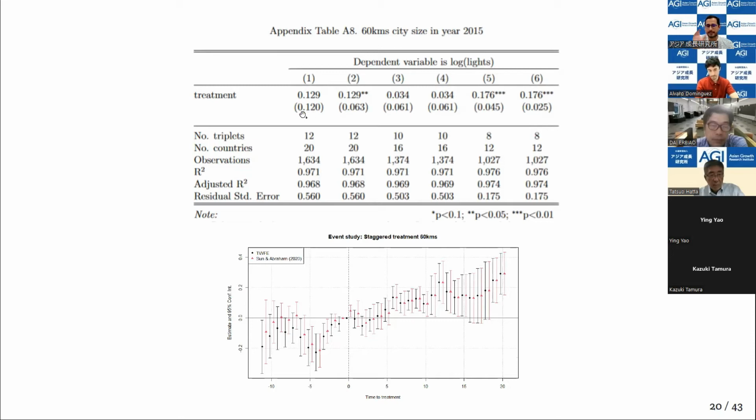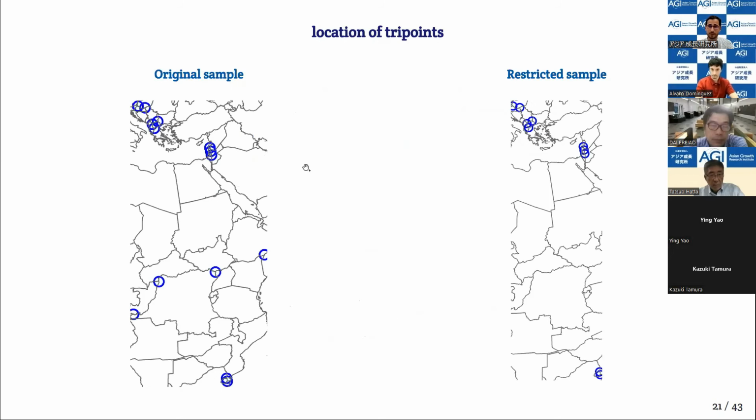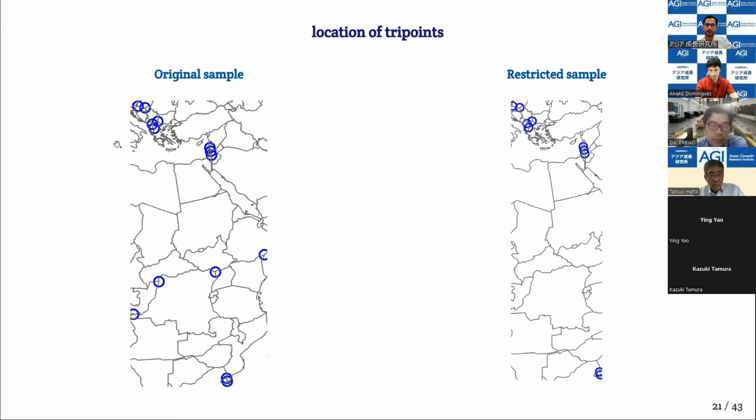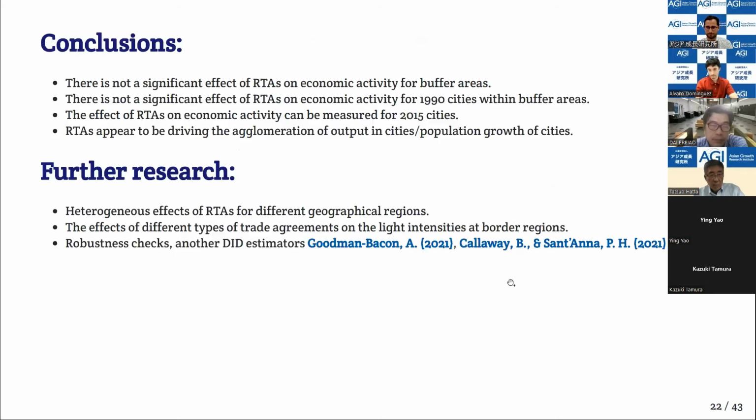That's, let's say, a small issue whenever we include the radius of that buffer. And here you can see the different samples, because as I told you before, different columns mean different restricted samples. For example, the regional sample in this case had many countries and triplets in East Europe, some in the Middle East, and some in Africa. But when we have the restricted sample, we're only considering some triplets in the Middle East, East Europe, and only 2 in Africa.